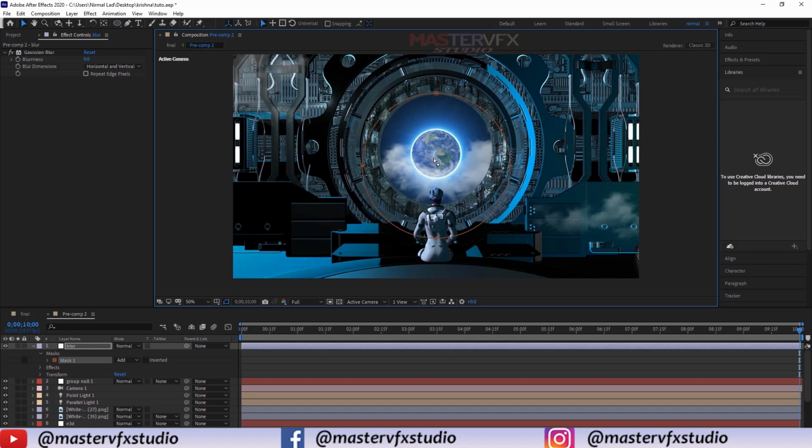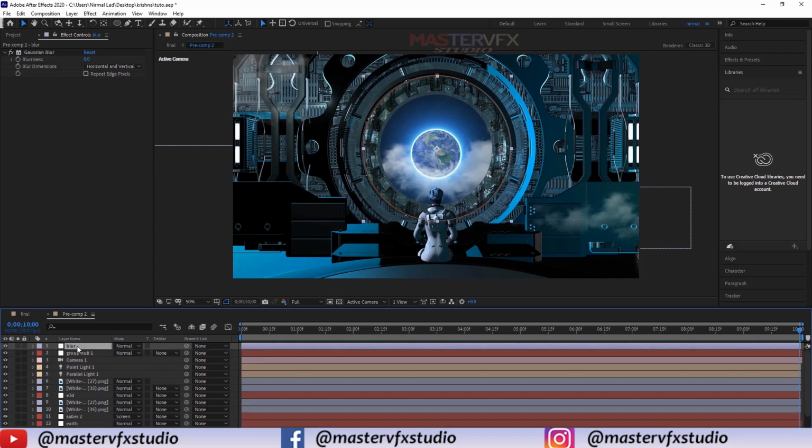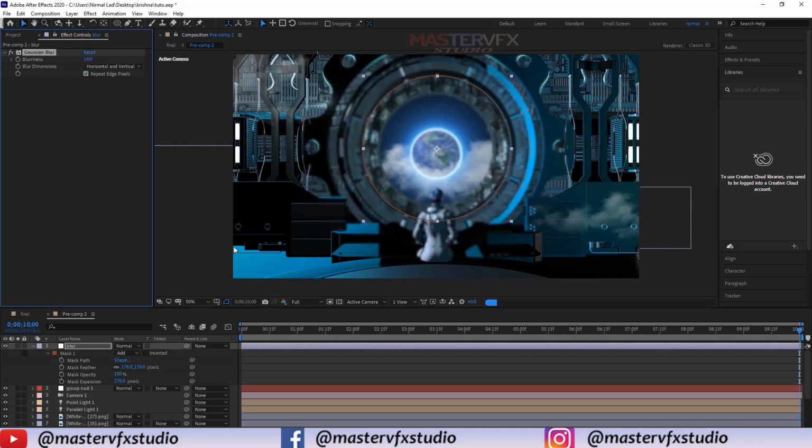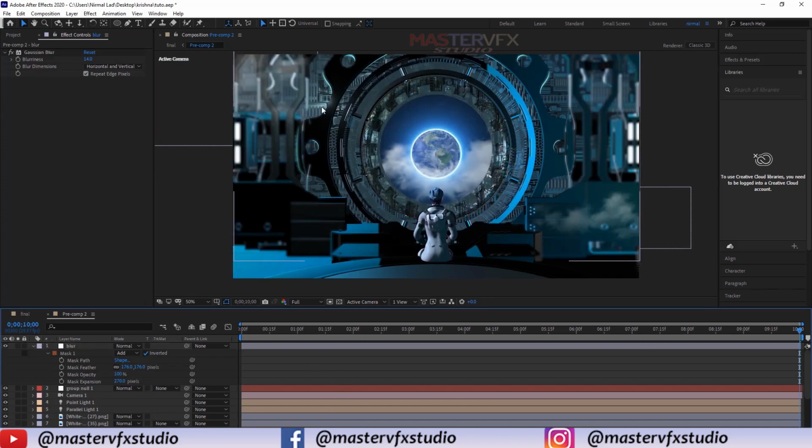Now press V and adjust your mask here. Press M two times and change the mask expansion to 270% and the feather to 176. Now increase the amount of blur to around 40 to 50%, check repeat edge pixels, and invert this mask by checking this box. Now it looks good.